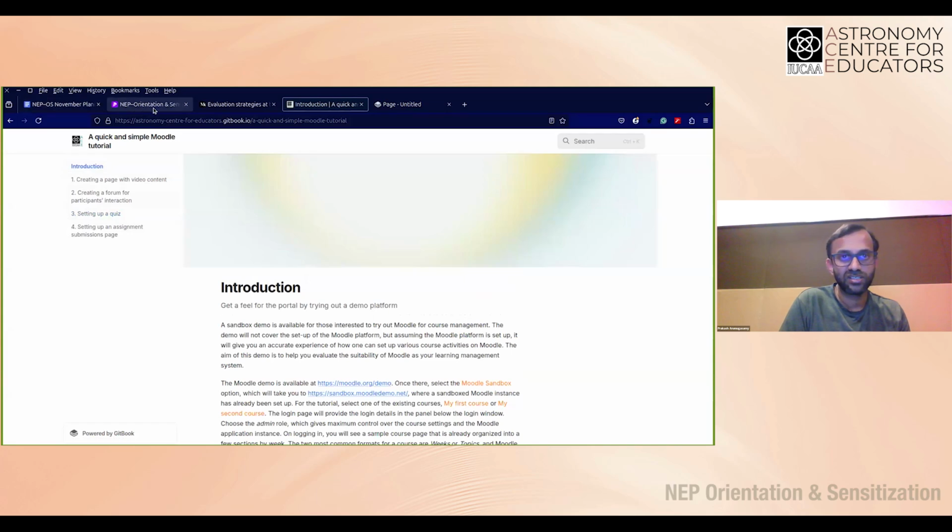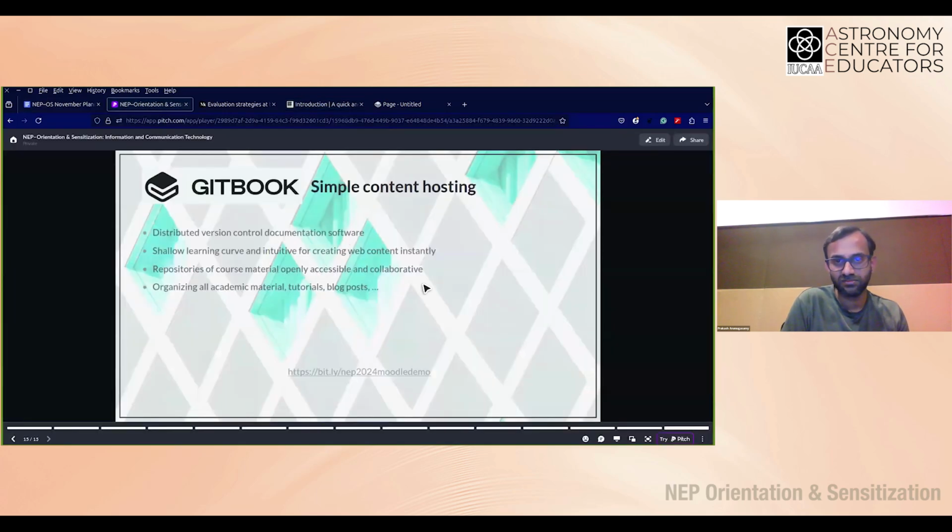Okay, we are nearly at the end. We are at the end. So I just wanted to focus on some of the things we have been using here, and I'm sure many of you might find them useful too. At this point, I would like some feedback on what sort of problems you face that you would be looking for an ICT solution for.